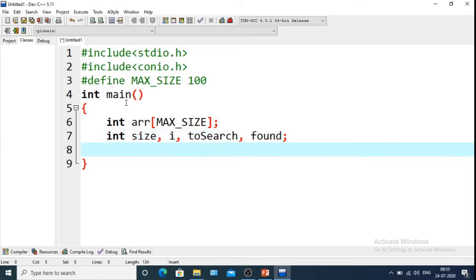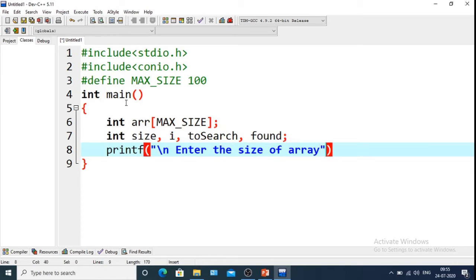Now we'll take the input of the array. So printf, backslash n, enter the size of the array.